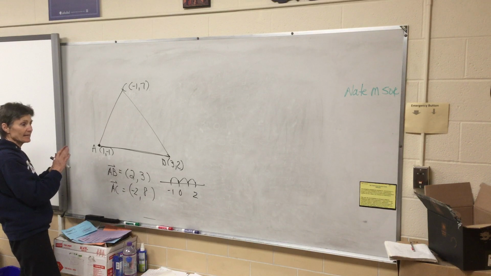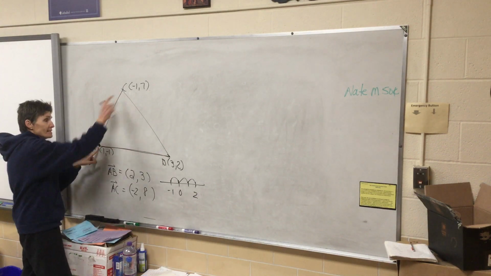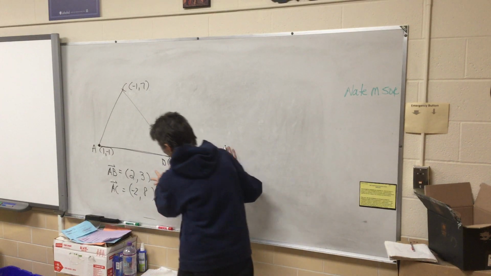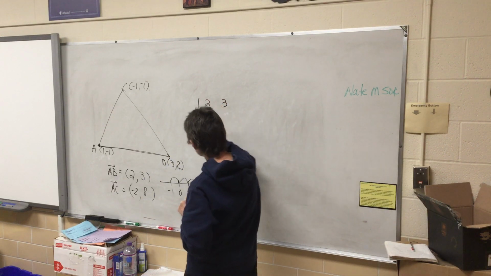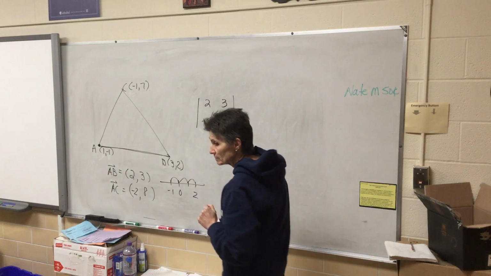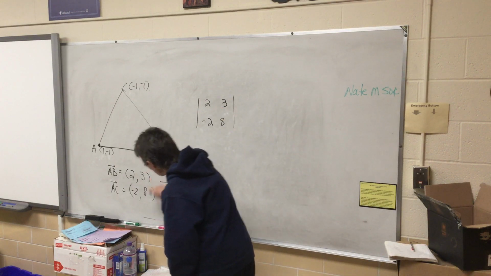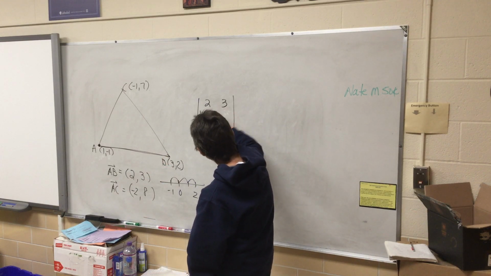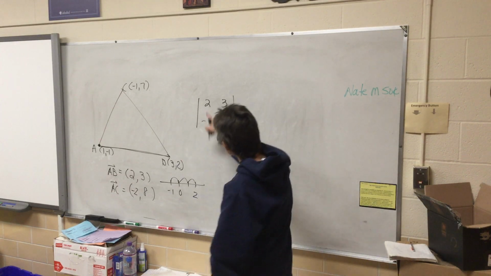So I picked a vertex, and it can be any of them. And then you find the directed distance from that vertex to the other 2. So from A to B, from A to C. Now, take the 2 directed distances, or the 2 little vectors that you just got, and put them in a determinant. So there's the first one, 2, 3, and here's the second one, -2, 8. Now, the order that you put them in doesn't matter. If you put this one on top, or this one on top and this one on the bottom, you're going to get the same answer. So you write your first directed distance right here, your second directed distance right here, and you're going to evaluate that determinant. So remember, that means multiply,